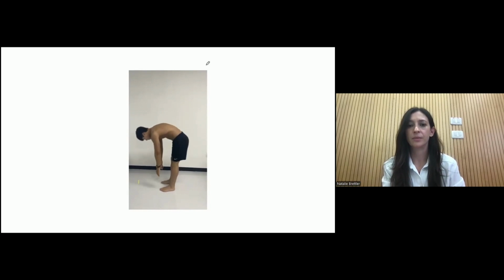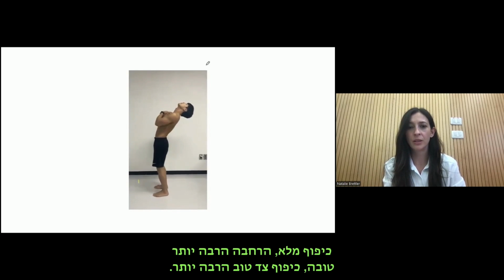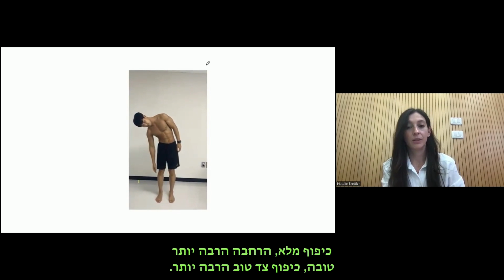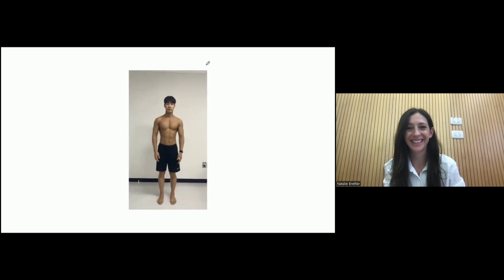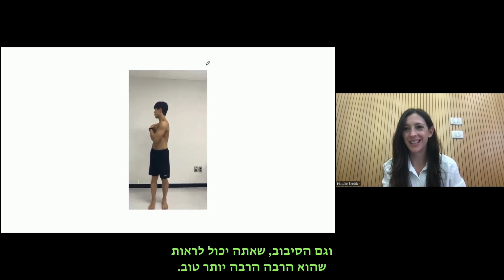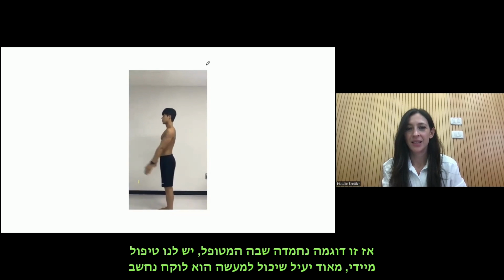And now the after. This is immediately after the treatment, full flexion, much better extension, much better side flexion. You can see that he's shocked by his result. And also the rotation, which you can see is much, much better. So this is a nice example